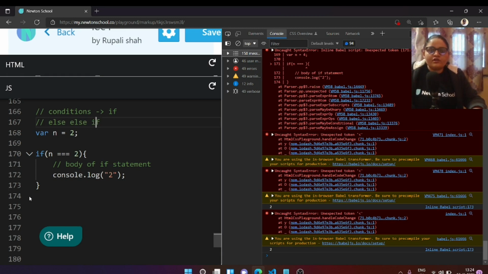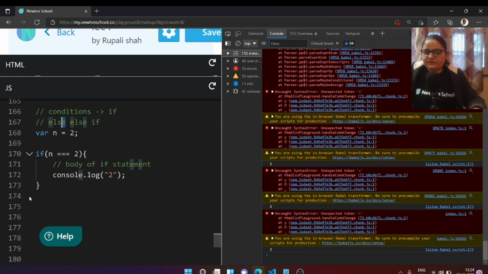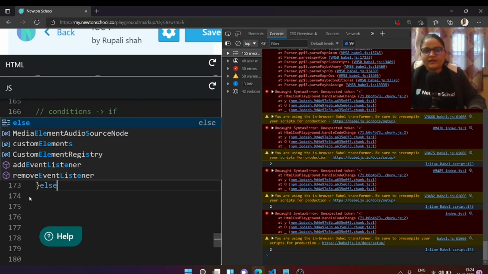For our second discussion, we will be using only the else keyword, and then we will be looking at else if. So in this case, if n is equal to 2, then console log 2, else I want to execute something.